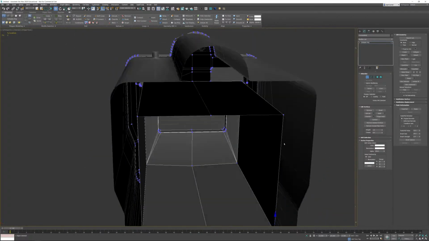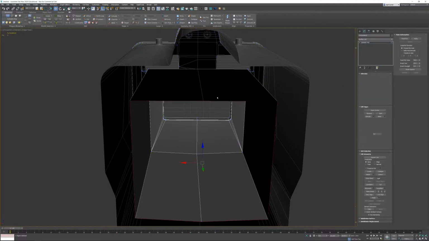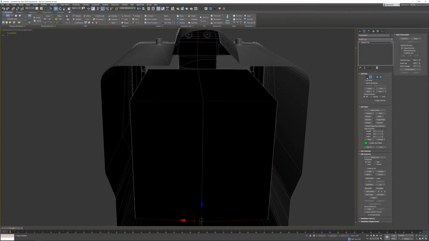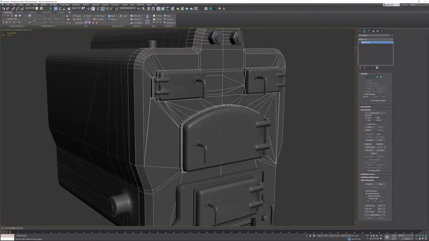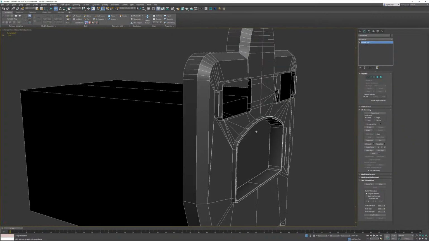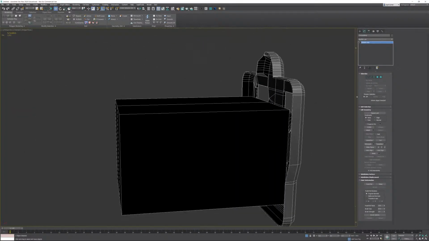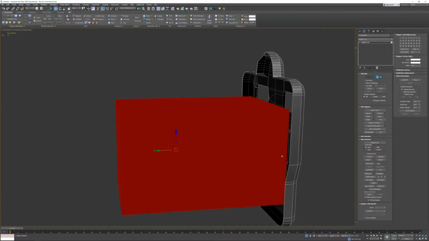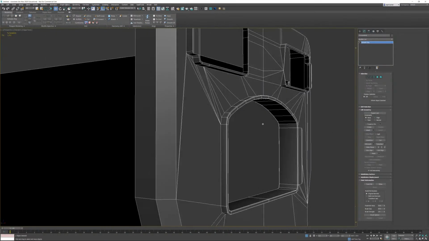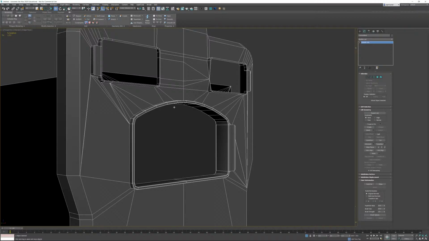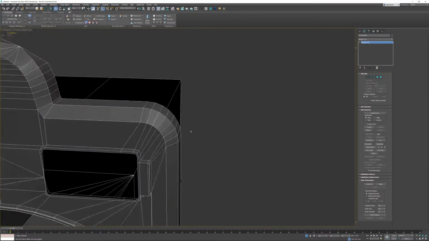And then I'm just going to cap it, and bridge them in there. So what that's going to do, if we isolate this guy, is make it look like there's an inside to this thing, which is going to be awesome, because it means that instead of having the main door perfectly sealed like all of the other doors, we're